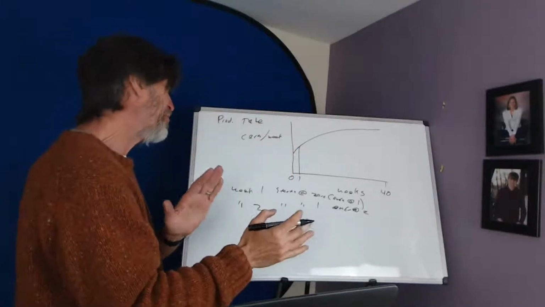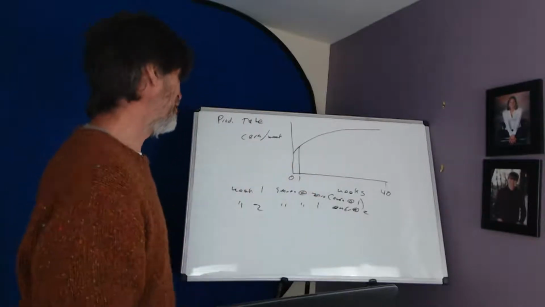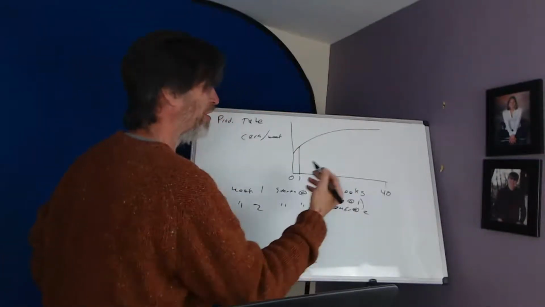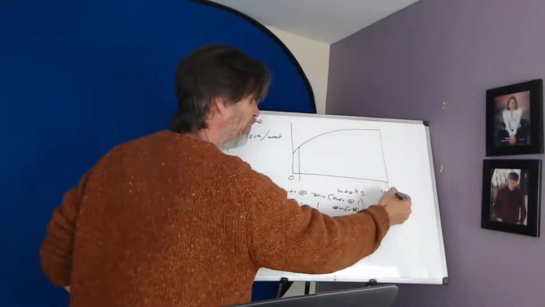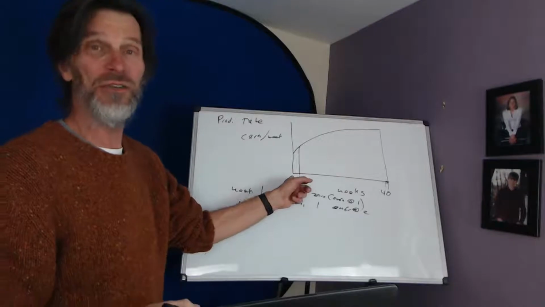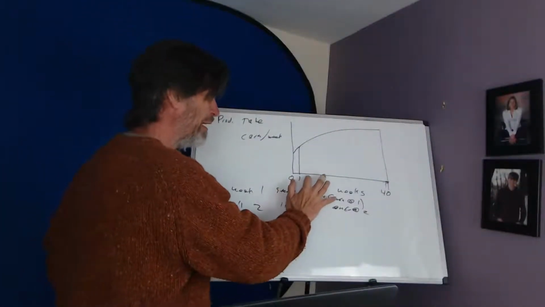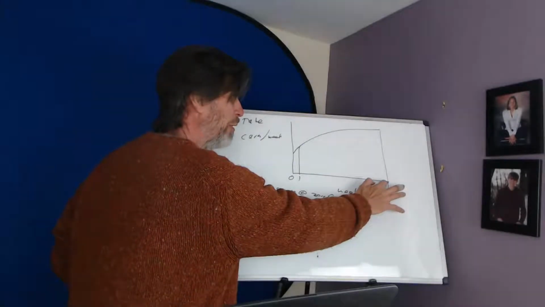I want to make sure we're really clear about what weeks we're speaking of as we go through this. So week 40 starts at 39 and goes through 40. So this would be the end of the first week. There's another way of looking at it. These numbers result at the end: the end of the first week, the end of the second week, the end of the 40th week.